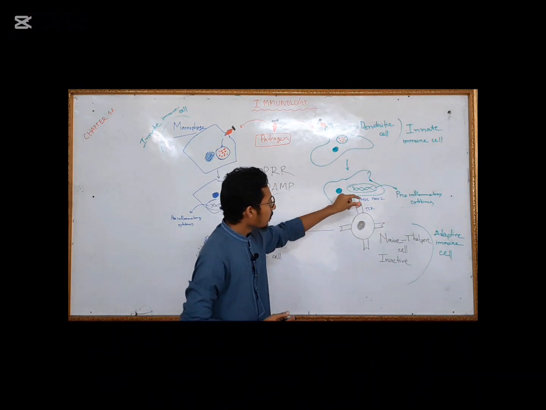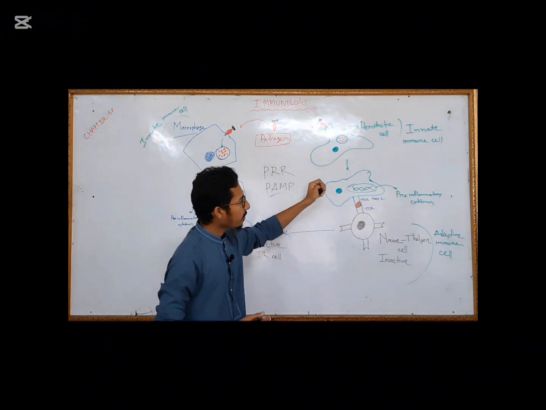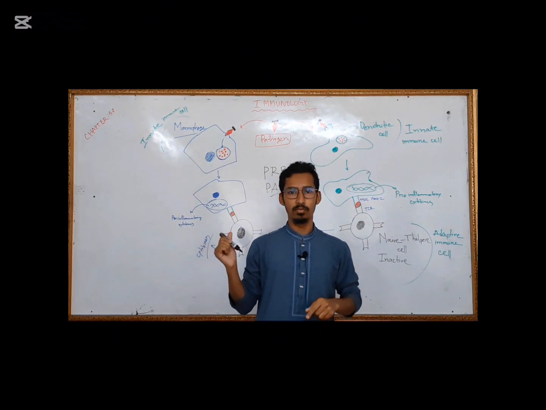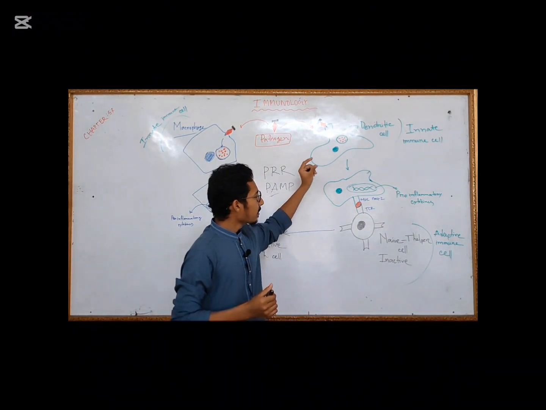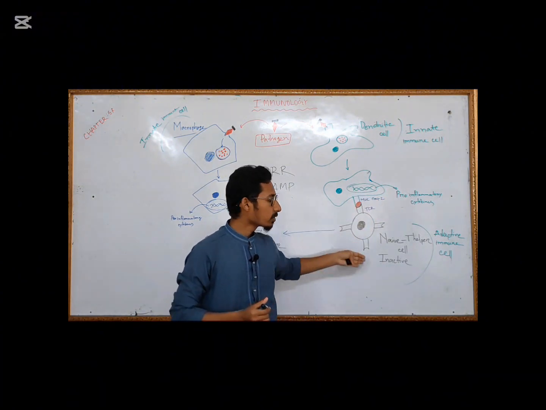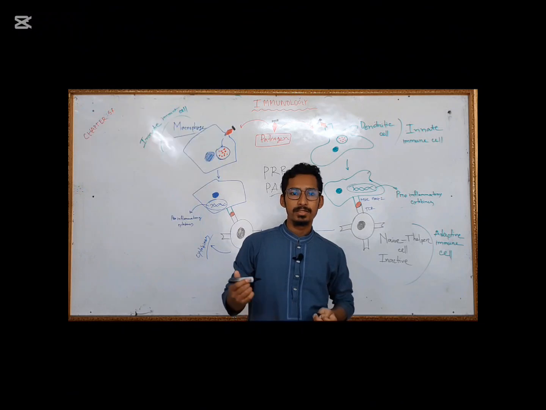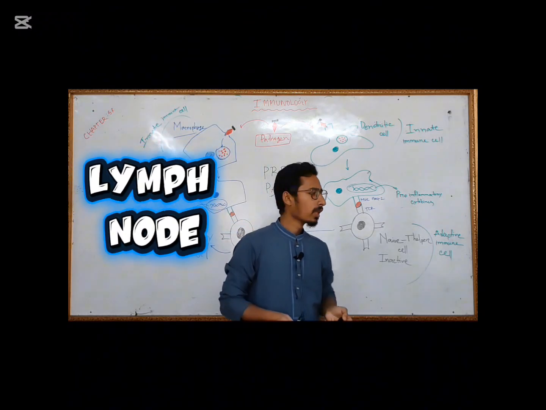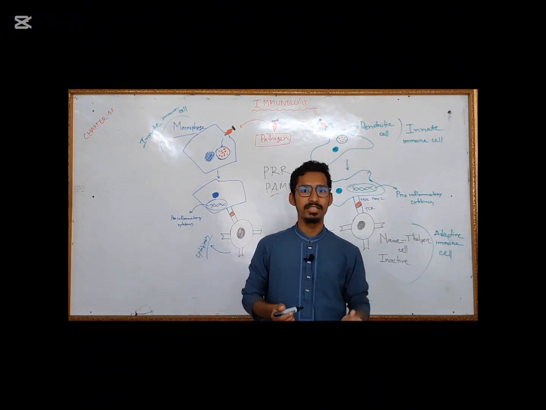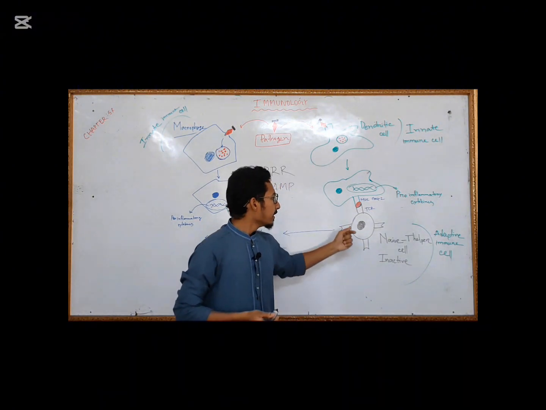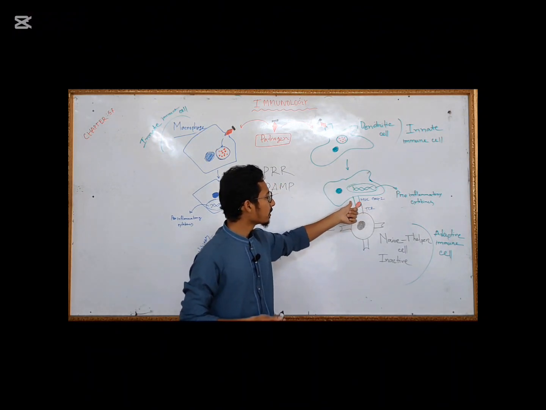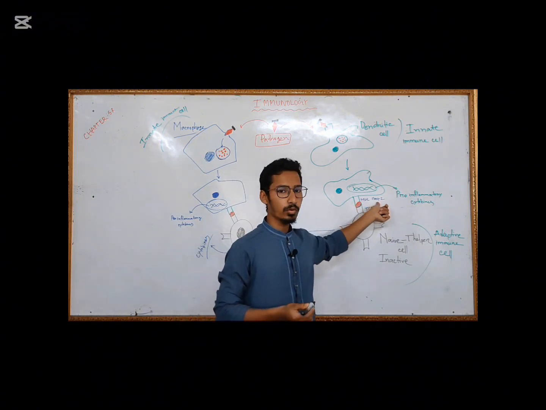When pro-inflammatory cytokines are released, the dendritic cell is movable, but the macrophage does not move. When the dendritic cell destroys the antigens and produces short peptides, it goes to a secondary lymphoid organ like the spleen or lymph node. There are T cells and B cells there. These are the cells of the adaptive system. Then these short peptides are displayed on the dendritic cell by MHC class II protein.